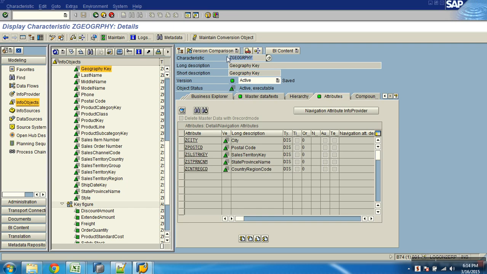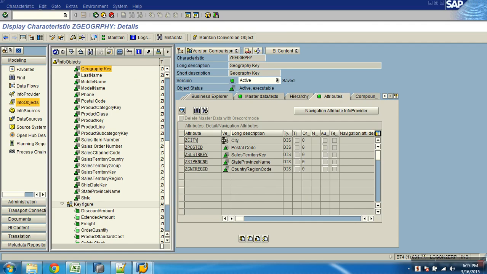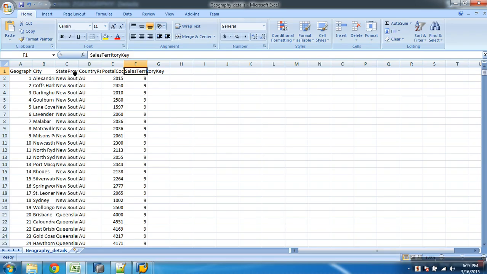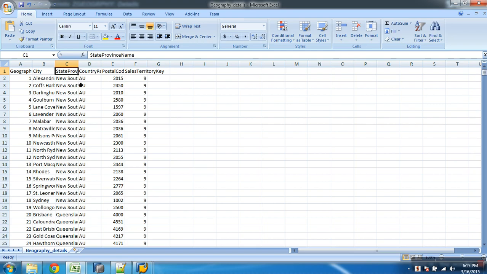Okay. So then we have the city column is ready, and then what? Postal code, it's here, done. Then sales territory key, then what? State province name, and then what? Country region code. Done?